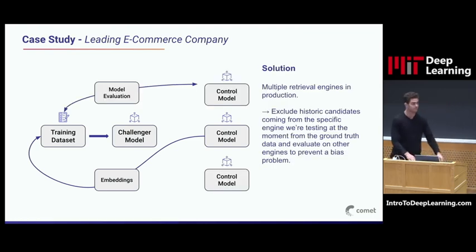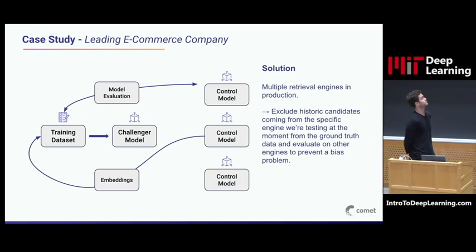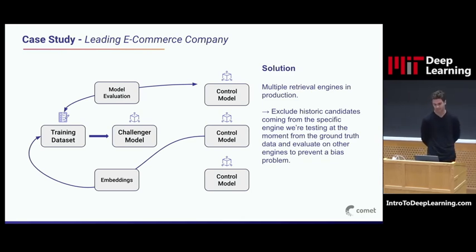So the interesting system solution that they devised here to prevent this was they actually built multiple retrieval agents in production. This is also sometimes talked about as shadow models, where you might deploy 4 or 5 models in a production environment at once, but only actually allow one of those models to serve predictions to an end user. That's a great way to also build 4 or 5 different candidates at the same time using real-time data